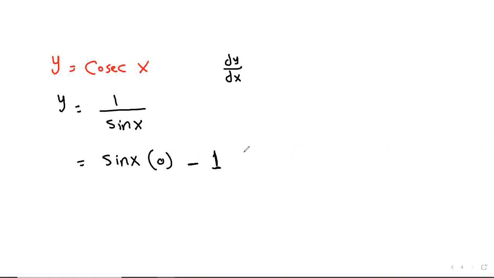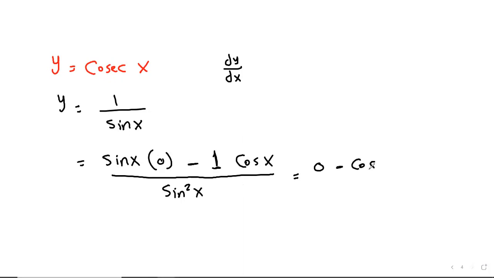The derivative of sine x is cosine x, over sine squared x. So sine x times 0 is equal to 0, and here minus cosine x over sine squared x. So we'll end up with negative cosine x over